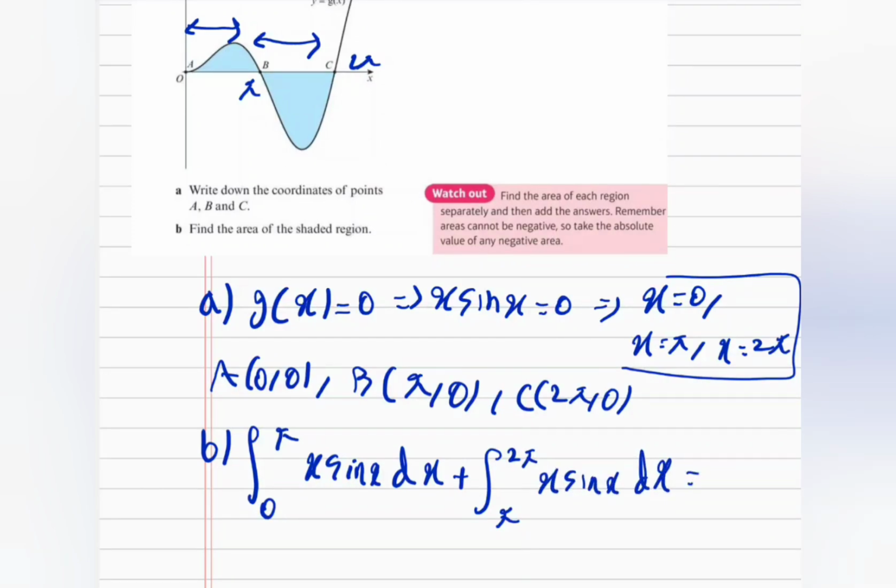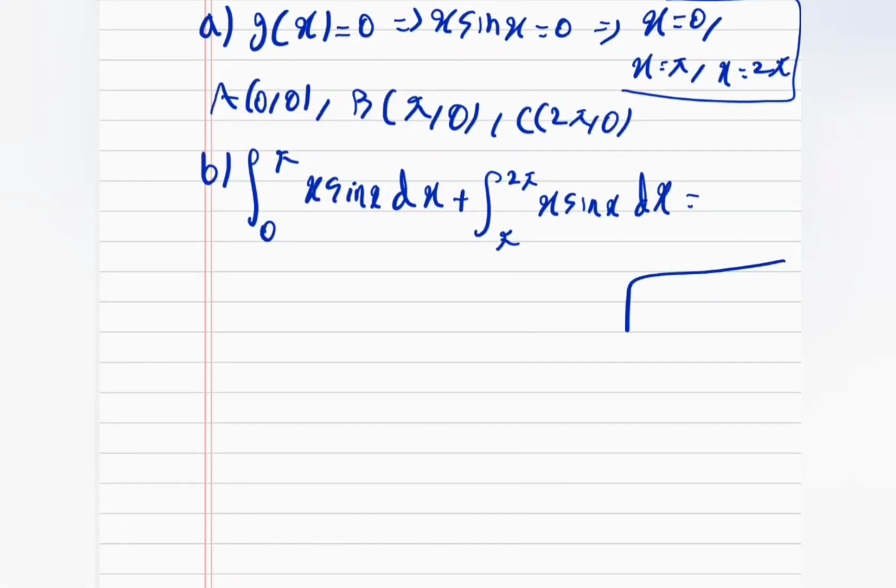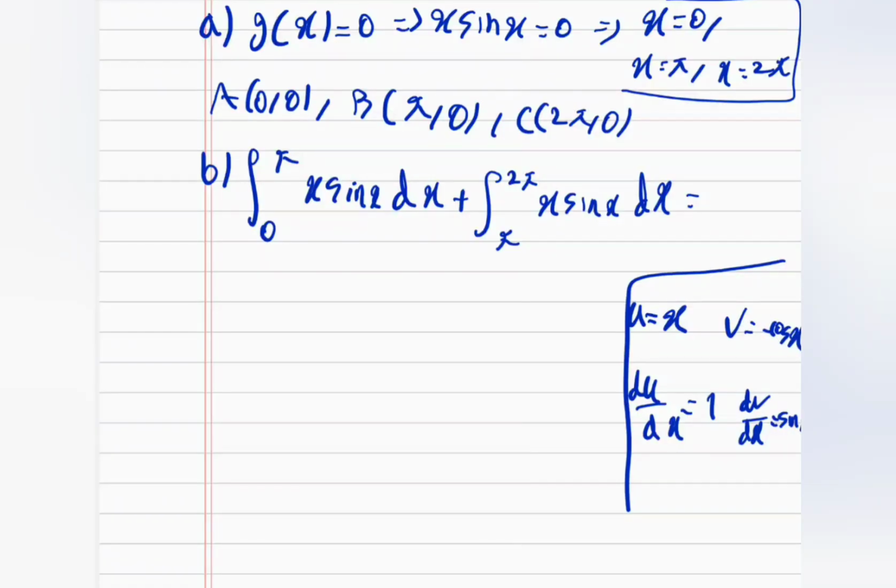Okay, and this is integration by parts. So let u be equal to x. So du by dx is therefore 1, and then dv by dx is sine x. So that means v is equal to minus cos x. Okay, so now we just need to solve this integral. So we'll have uv outside in the integration by parts, which is minus x cos x, and don't forget the limits,